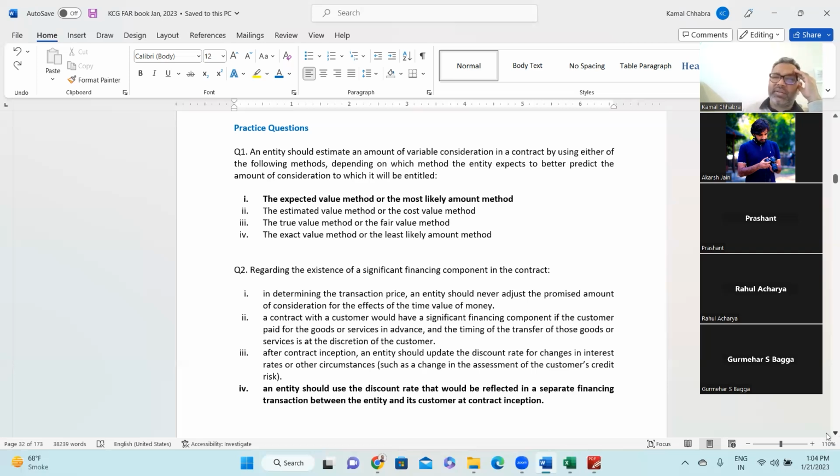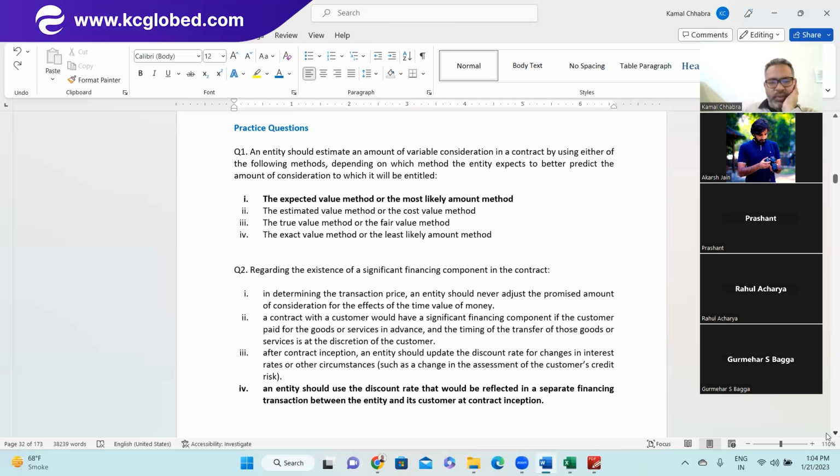Now, market interest rate has changed from 5% to 6%. So will you be reducing or increasing the discount amount? No, we won't. Ideally, it should not. I haven't seen any circumstance where discount has been changed due to market conditions. If that's the case, it will adjust in finance income,